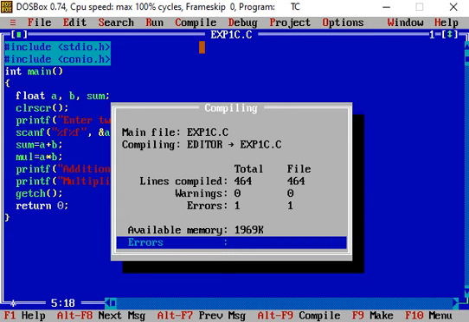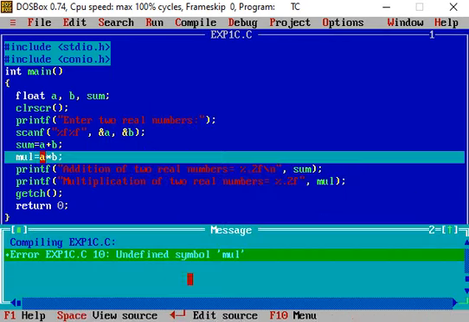Then in the compiling window we see that the warning is 0 but the error is 1. If we click the mouse here, the bug or error present is displayed in the message window. And here we see that in the 10th line, that is the 10th statement, there is an undefined symbol mul.